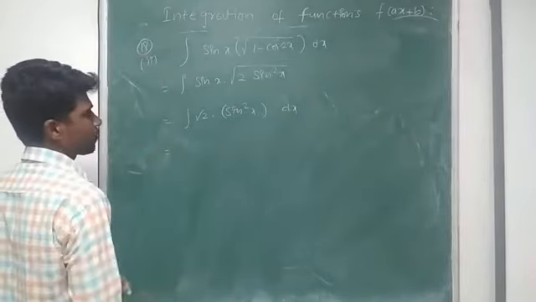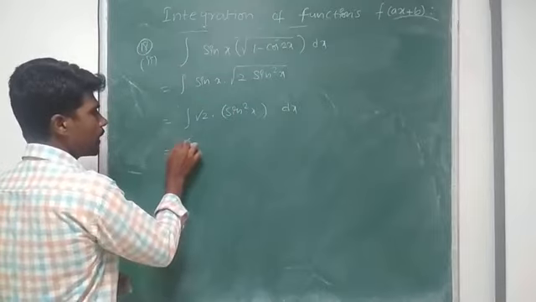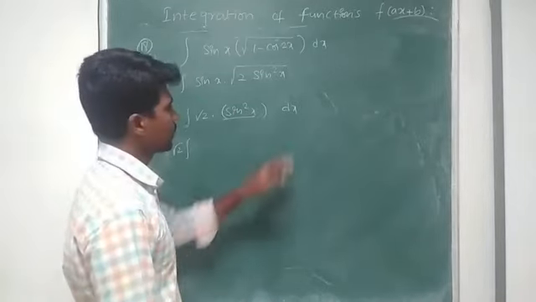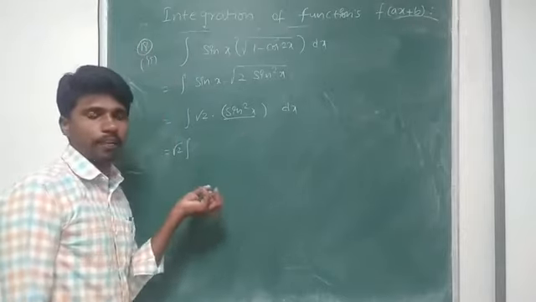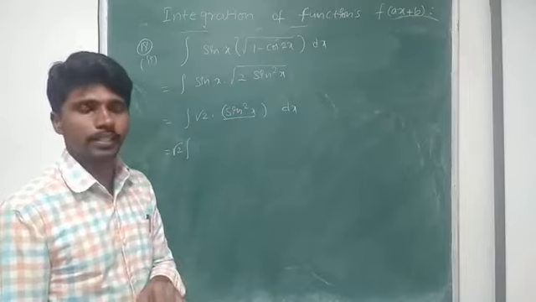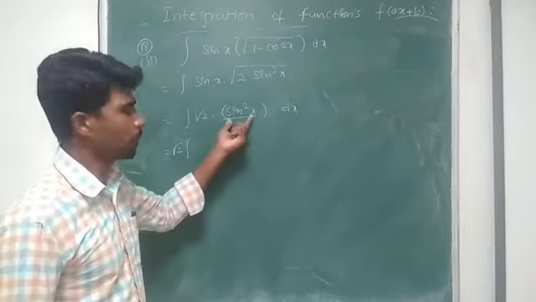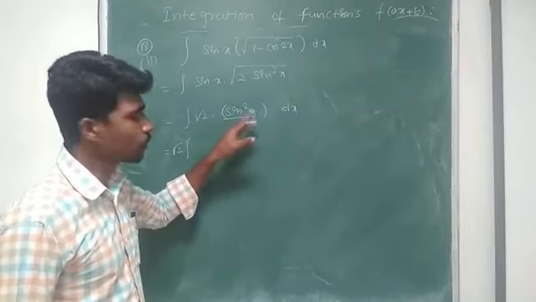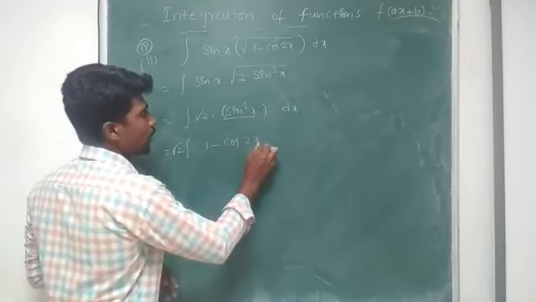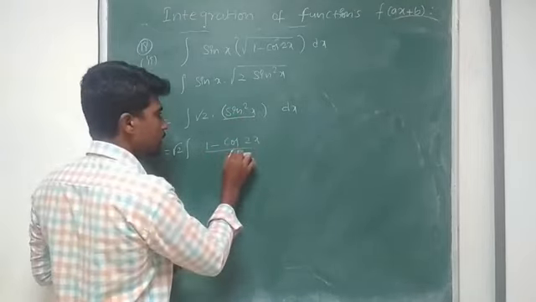So now root 2 can be taken outside, root 2 into integral sine x dx. So sine square x I cannot integrate directly, so I have to convert it in the form of either cos ax plus b or sin ax plus b. For that purpose, sine square x is equal to 1 minus cos 2x by 2